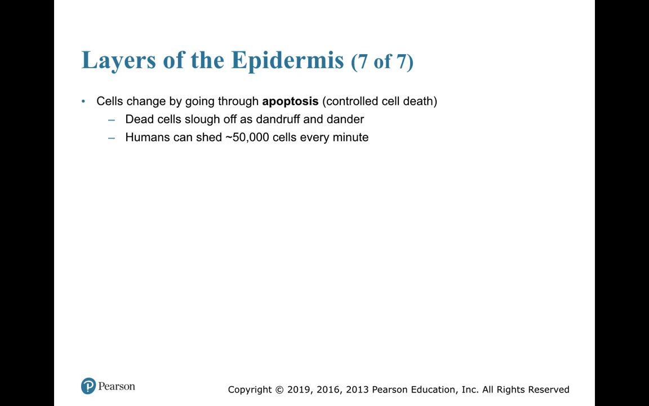The changes that cells are going through in this process of moving from the bottom to the top is called apoptosis, which is a controlled, programmed, genetic cell death. Dead cells will slough off as dandruff and dander, and we shed about 50,000 cells